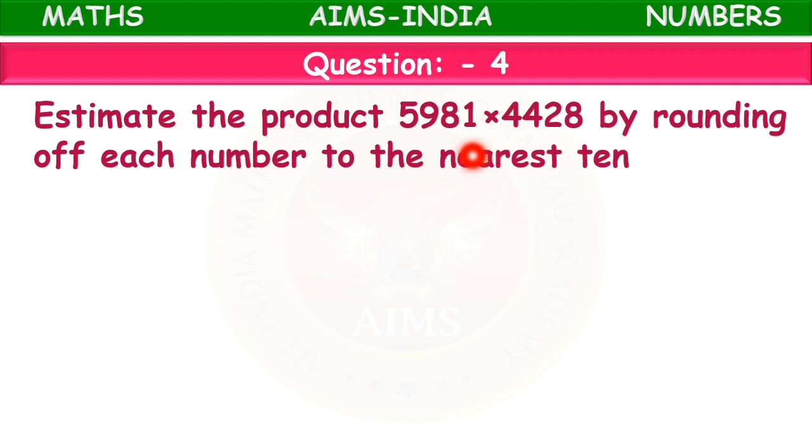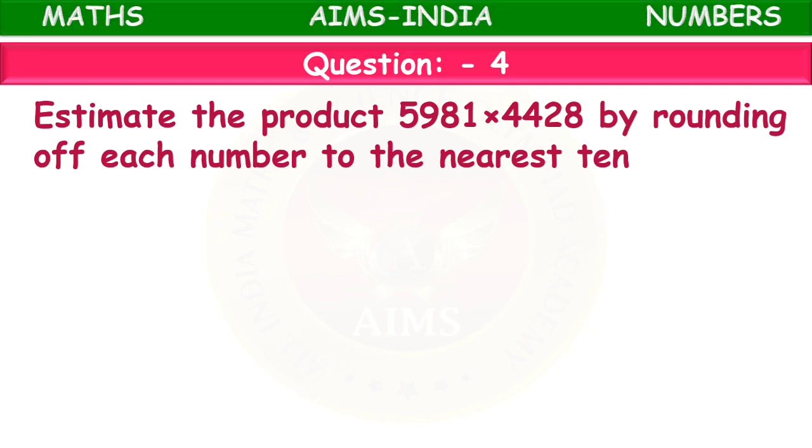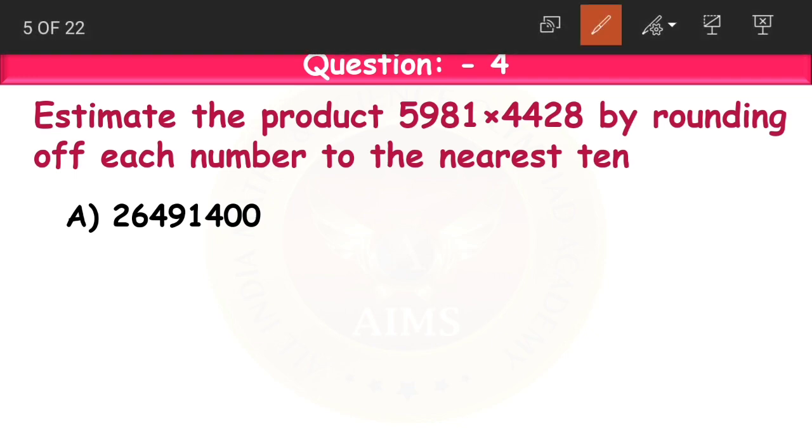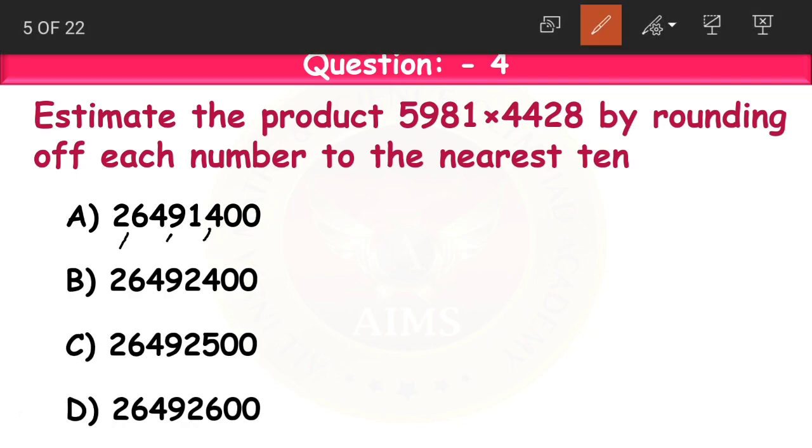Estimate the product of 5981 into 4428 by rounding off each number to the nearest 10. See, in this question, what are they asking? Let us look at the options as well. Option A. Let me put commas or else I'll read it out wrongly. Now what are they asking us to find out? The estimate of the product by rounding off to the